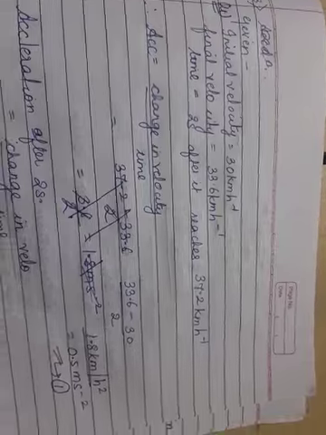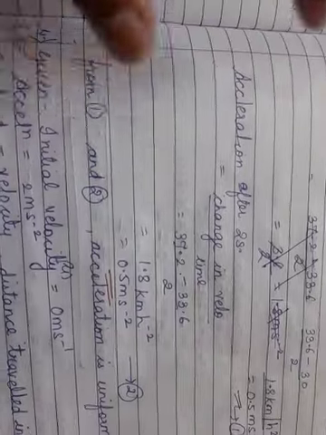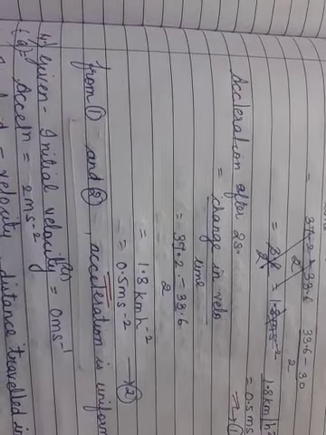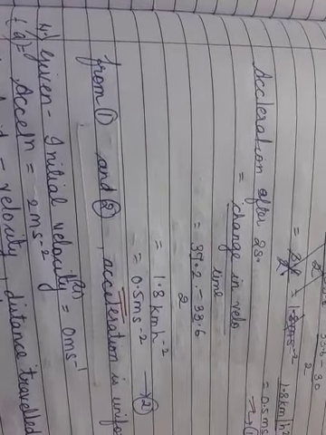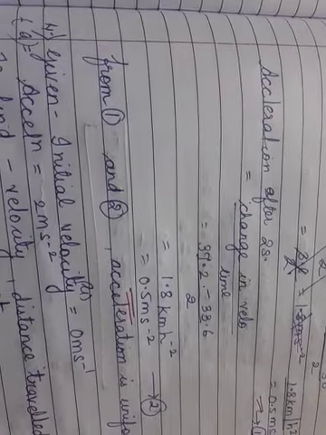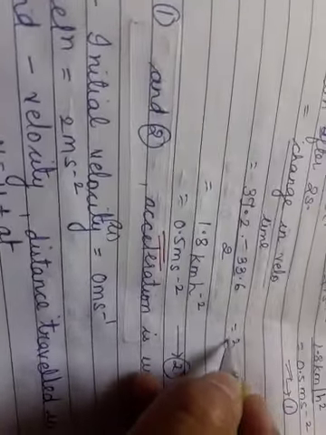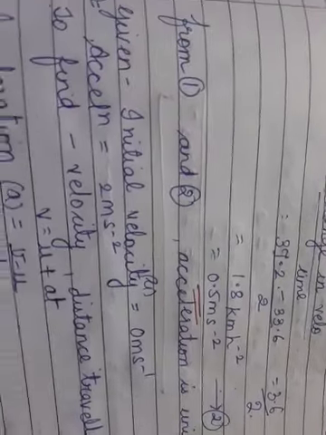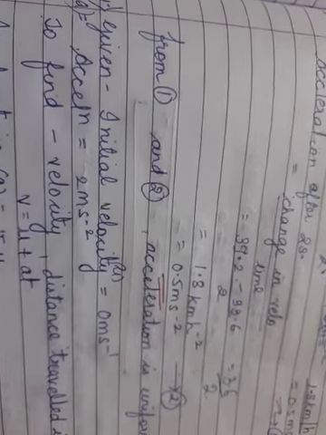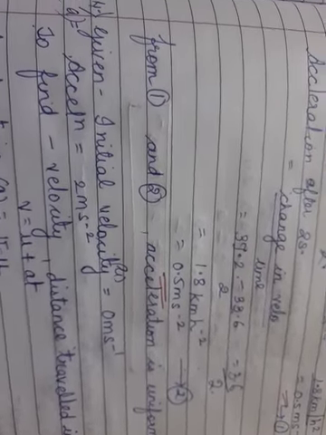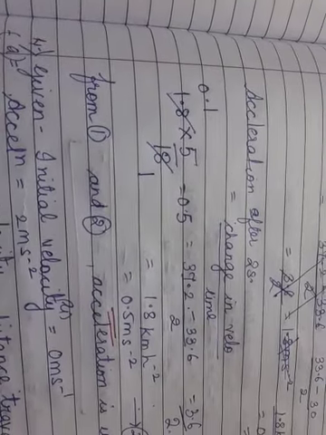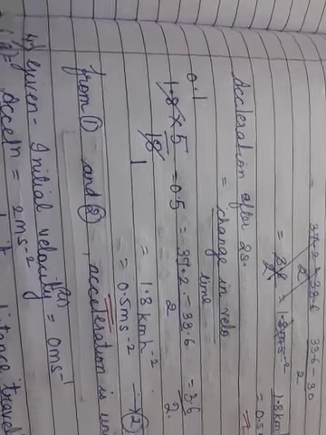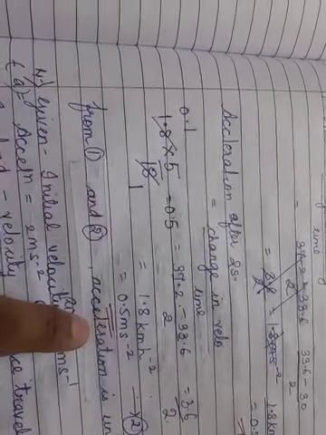Then, for the next part, you take the acceleration after another 2 seconds, where the last velocity, 37.2, is taken. So 37.2 minus 33.6, again the same thing, gives 3.6 upon 2, which finally gives 1.8 km per hour. I hope you know how to convert it. This is how you convert: 1.8 kilometer per hour squared, multiplied by 5 by 18 to convert it into meter per second. So 0.5 meter per second squared.